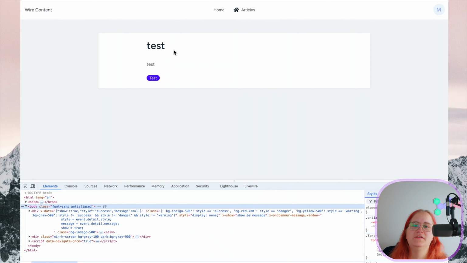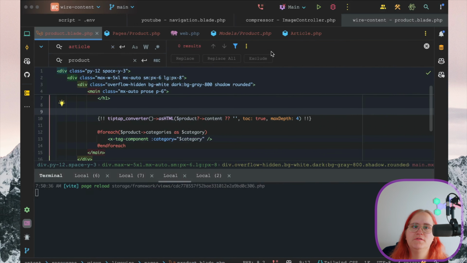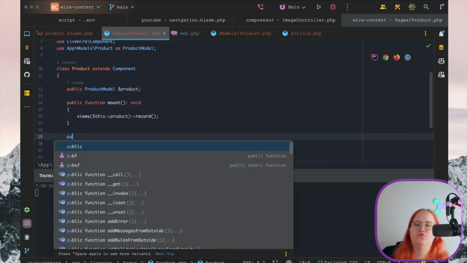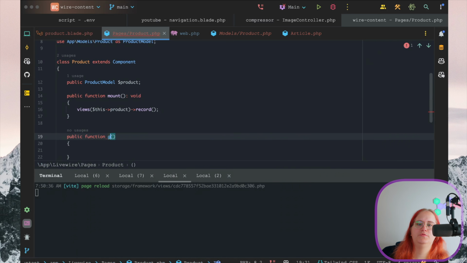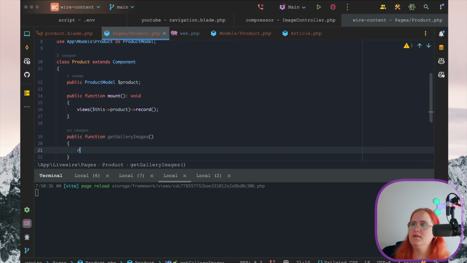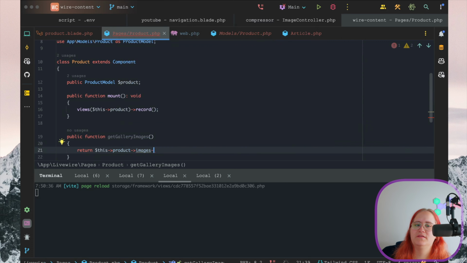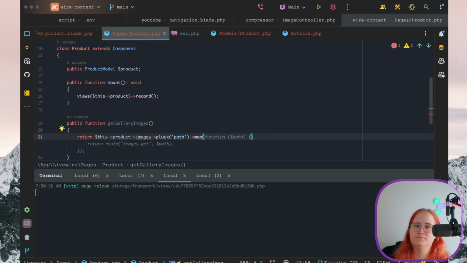Alright, in this video we're gonna finish the image gallery showing on the products page. So first and foremost, inside our page's product, let's create a function in here where we can retrieve the images. So we will get gallery images, and in here we need to have a return this product images, and in this case we are gonna plug the path. We're gonna map through them as path here,